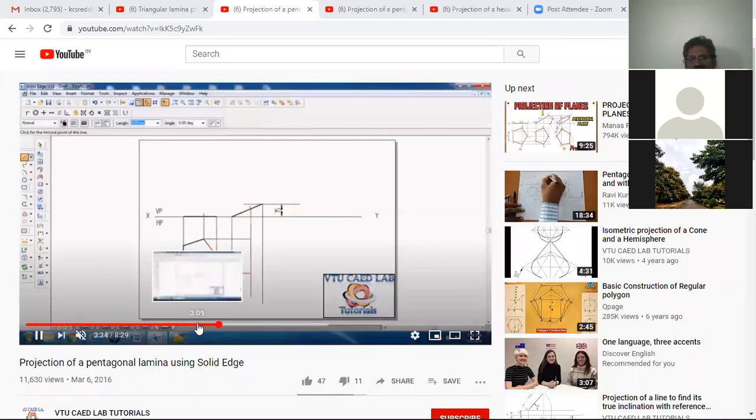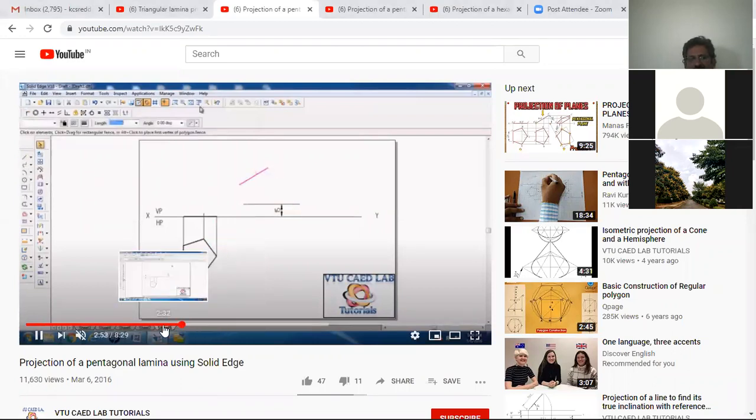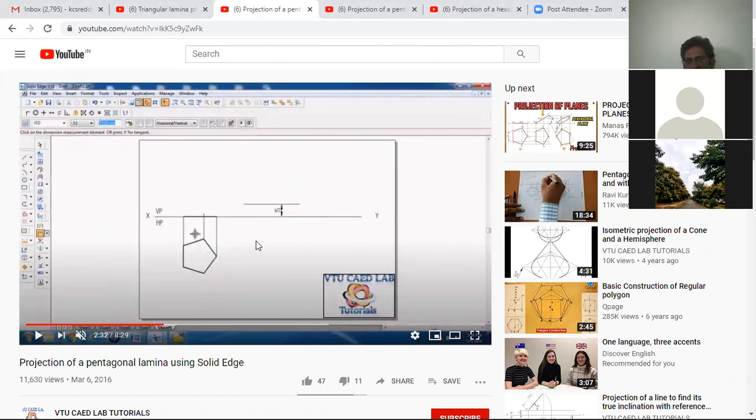Next, what is it? So after drawing this 15 mm line, what I mean to say is, you need to take the length of this line view and use the arc by center point command. Locate one point anywhere on this xy line, and take that as the center. The radius is equal to the length of this line view.